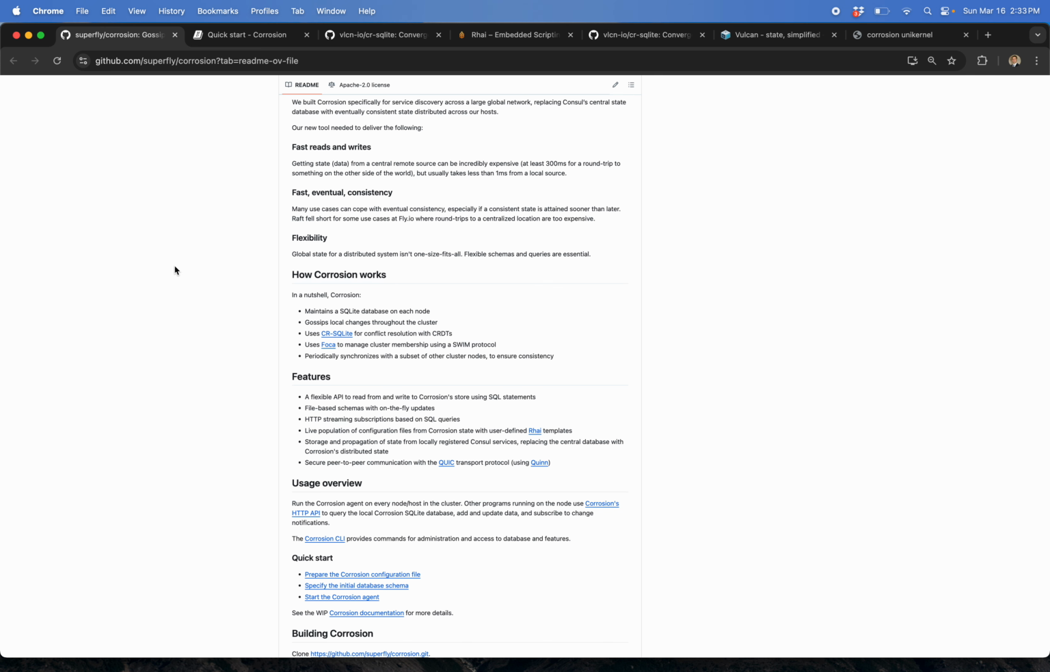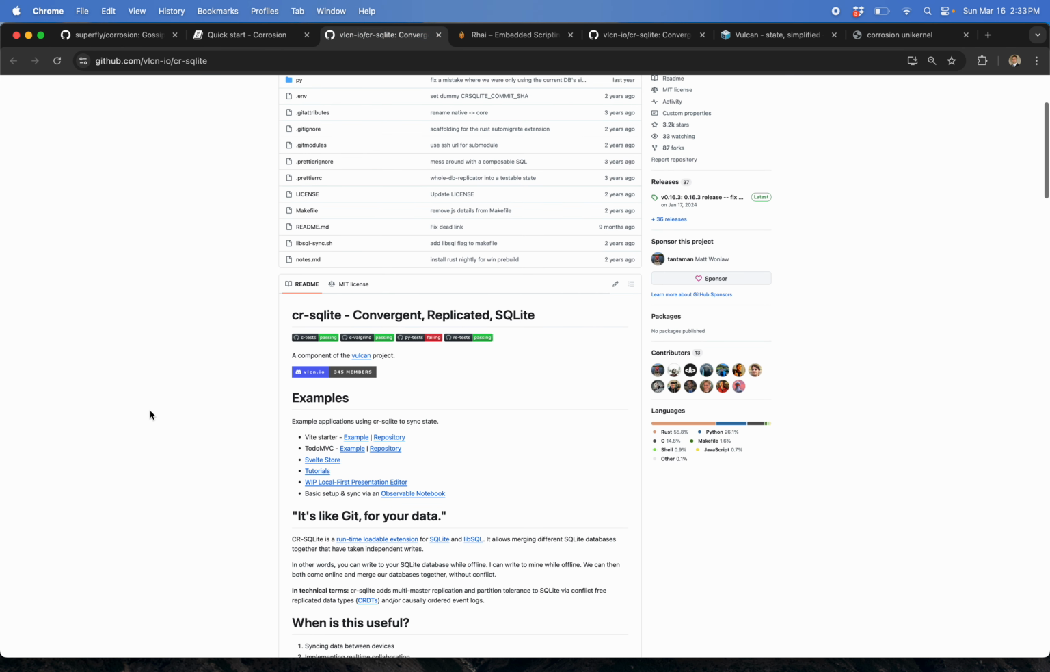Basically, you can maintain a SQLite database, and these nodes connect across the network and share state. They do that using SWIM, which is a group membership protocol, and it uses CR-SQLite. So this is for convergent replicated data types. I know that might sound like a mouthful,